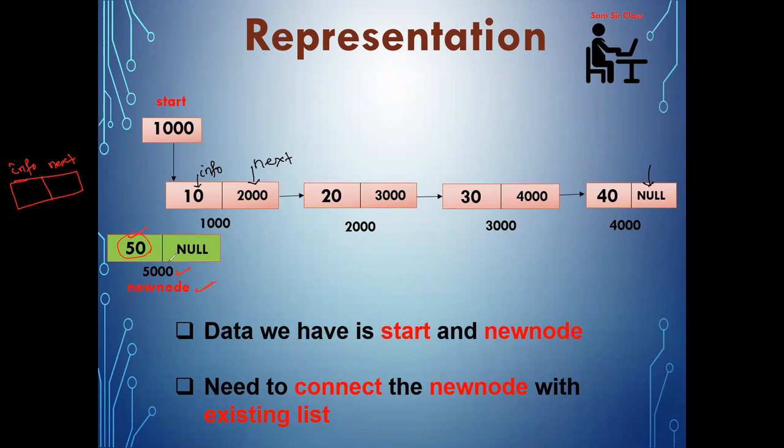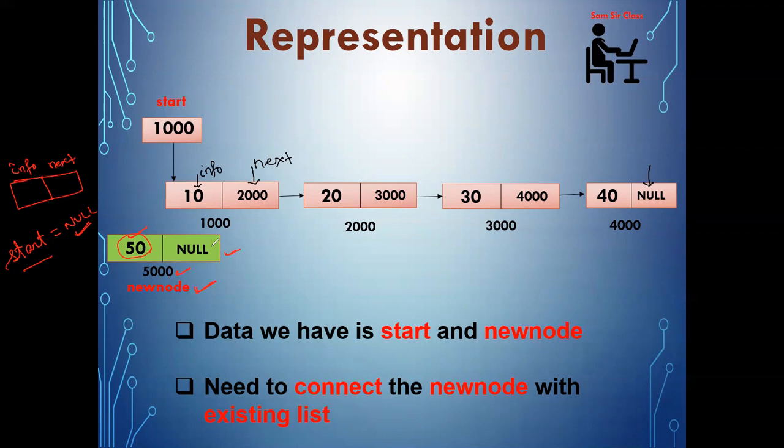Okay. Now suppose this is the first node I am creating in the list. So how will I know that this node I have created currently is the first node and no more node is present in the list? Obviously, my start will contain null. So after creating this new node, I'm checking the status of the variable start. If start is null, that means the node I have created currently is going to be my first node, and the address 5000 I need to store in the start variable.